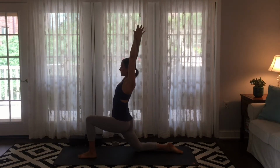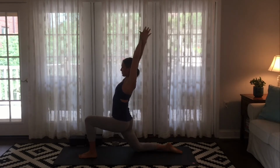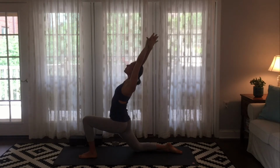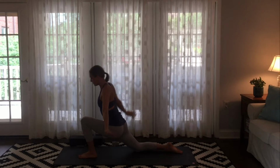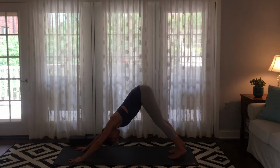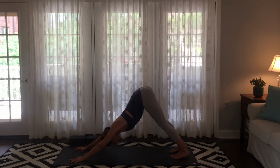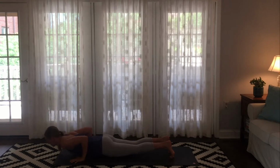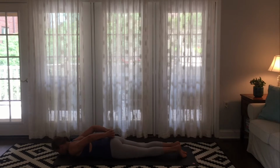And if you can remember which hand was in front or behind last time, then do the other side. Lift your chest as you inhale, hug your arm bones towards your ears. Lean back. And then release that. Drop your hands to the ground, downward facing dog. Inhale to plank pose. Exhale, slowly lower down to the floor and take your hands back behind you for locust